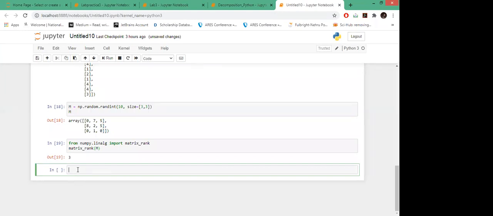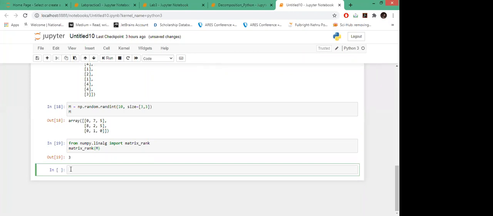Similarly, instead of importing matrix rank and other functions again and again, we can directly call our functions using numpy.linalg. Suppose I want the eigenvalues. After the rank of the matrix, most of the time in linear algebra, we are working with eigenvectors and eigenvalues, right?